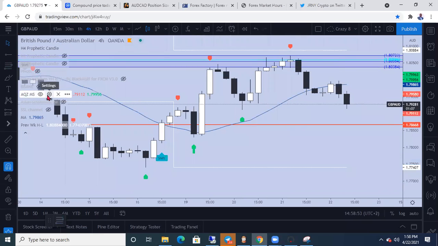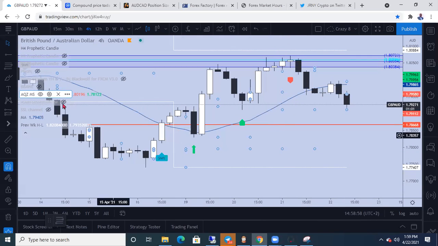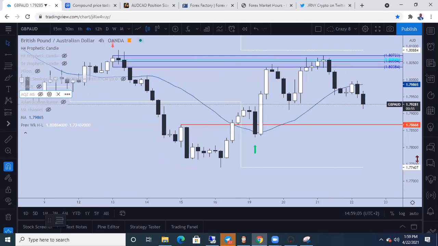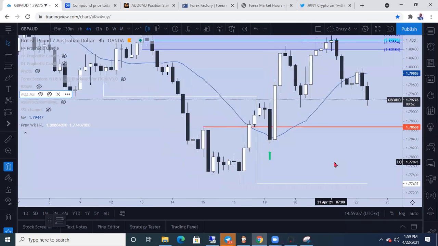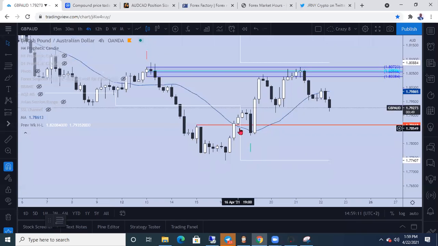So I don't like having that, it makes my chart look too colorful, right? But again, if you understand the concept, you could trade with or without them. The H4 PC is the most important for me, momentum shift. You could basically see if you know what you look out for. So when price took out this high, we were invariably